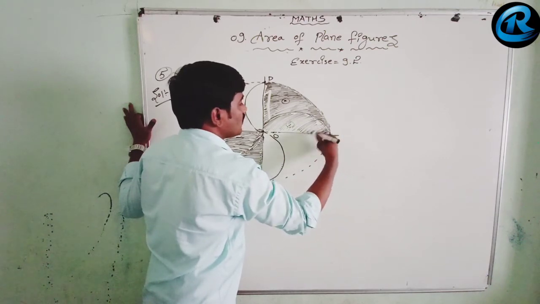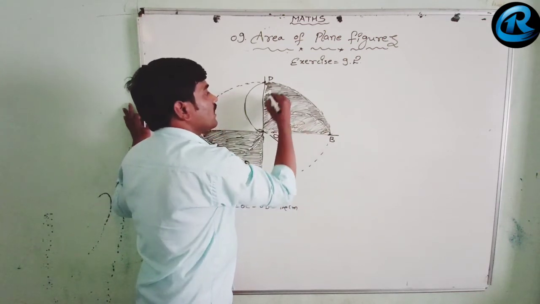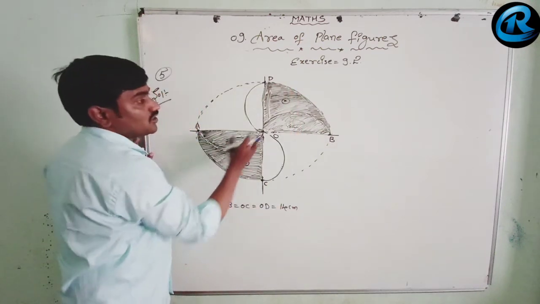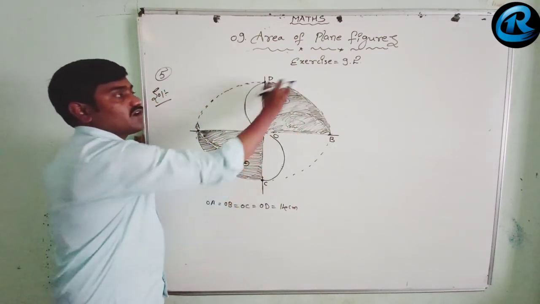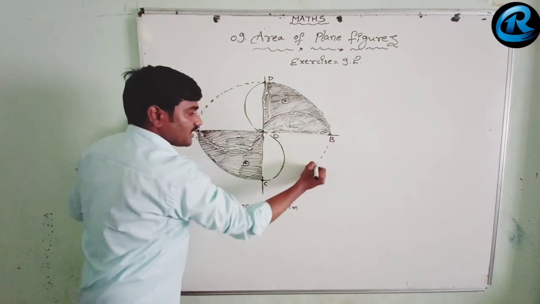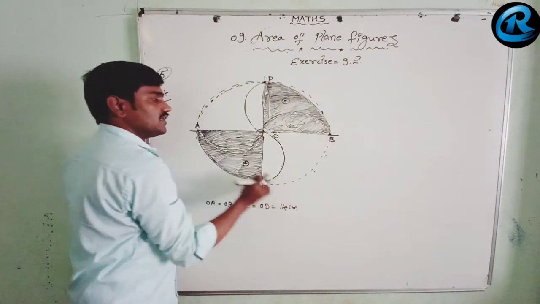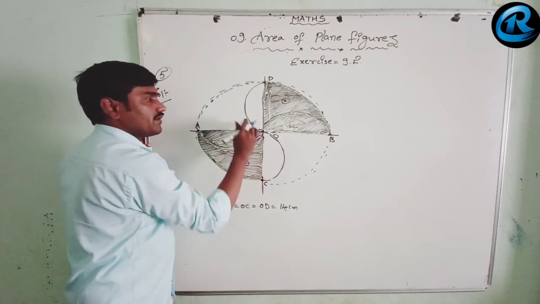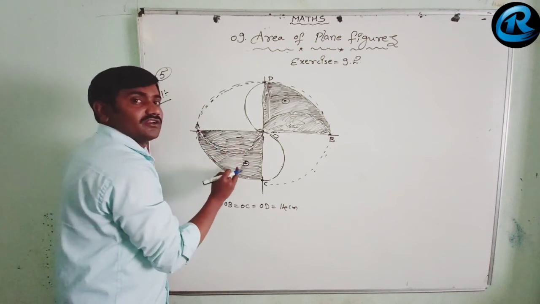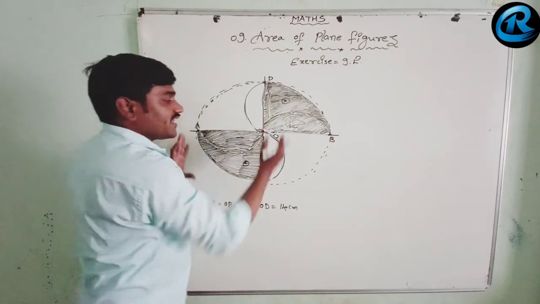Now when you shade all this, what can you observe? Now completely you can see 2 quarter circles. Here one quarter circle, here one quarter circle. Is it a complete circle? Here you see this is a complete circle actually. In this complete circle, this is one quarter circle and this is one quarter circle. So what we have to find out? We have to find out the area of 2 quarter circles. That is enough. That will be the area of the shaded region.